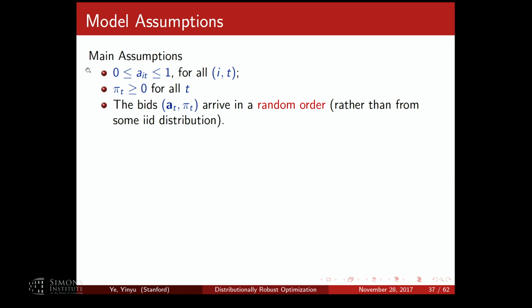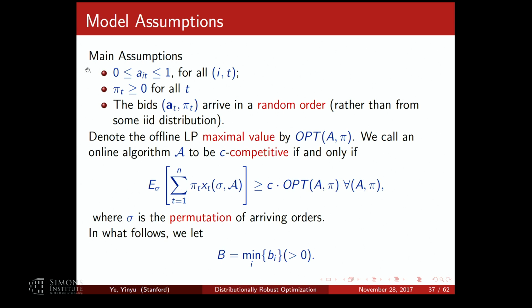Because if they are adversarial, there's nothing you can do. If you have an easy sale policy, they put all the high bids at the end. If you have a hard sales policy at the beginning, they put all the high bids at the beginning. So there's not much you can say about these problems. So the only thing I'm allowing is that they arrive as if randomly drawn without replacement. Does that make sense? Okay. So here's that.